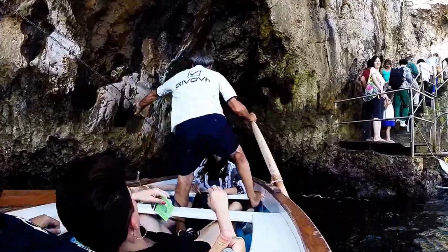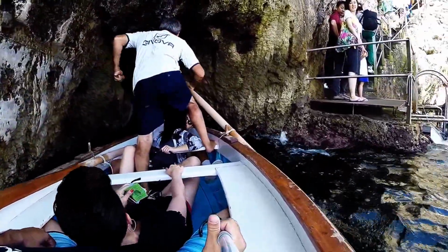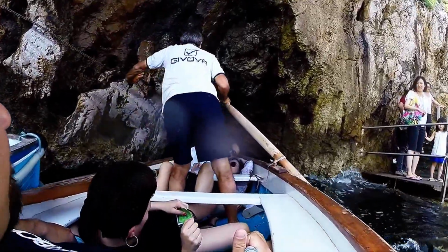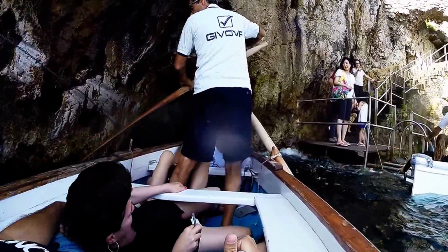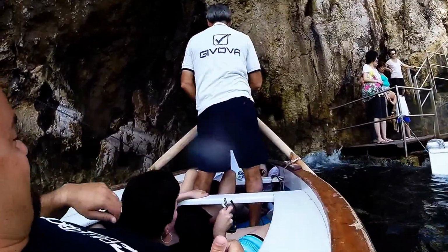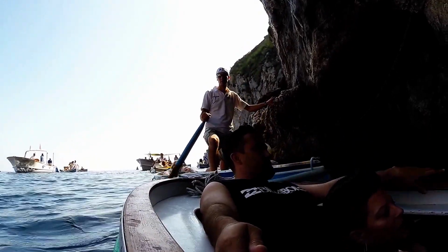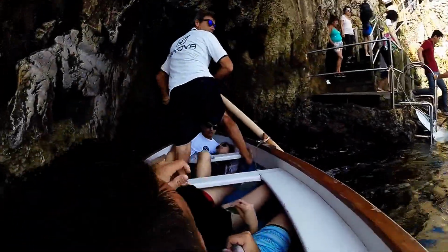So here we're just waiting to get in. As you can see, there's some swells going on, and the hole is very tight, just big enough for the boat to get in. This is why we're laid back here, just awaiting our entry into the grotto. Still waiting. We probably waited about 10 minutes for all the swells to settle down, and finally we got the